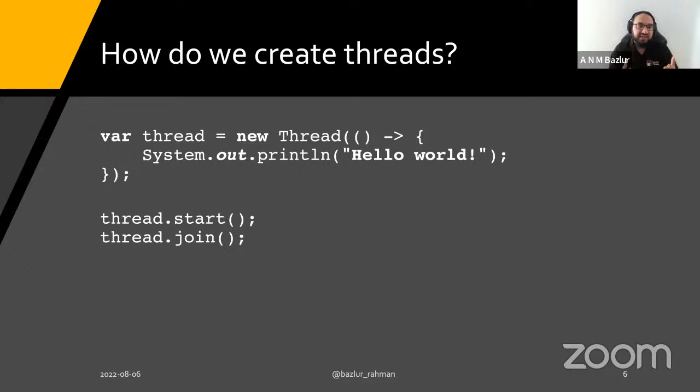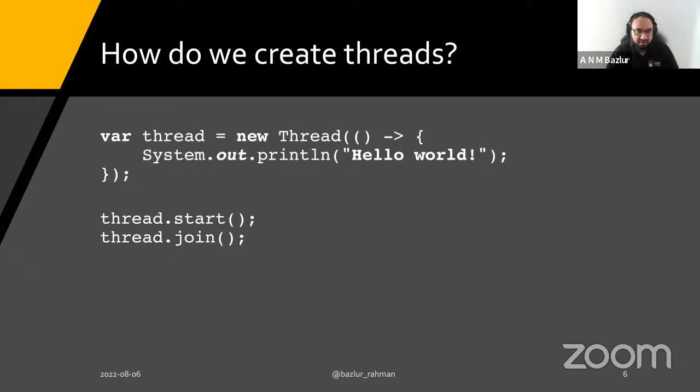When I say traditionally, it means pre Java 19. That means we are not using virtual threads yet. So that's the traditional or classical threading model of Java. For example, if we want to create a thread, there is a class available in the java.lang package, which is Thread, and we can create a thread directly using the new operator, and then we can provide a